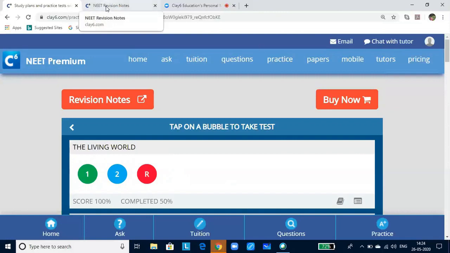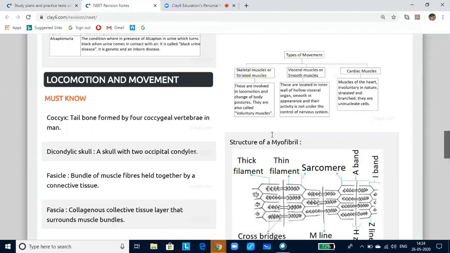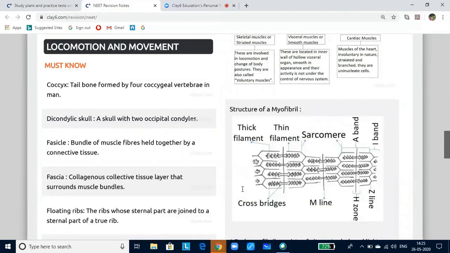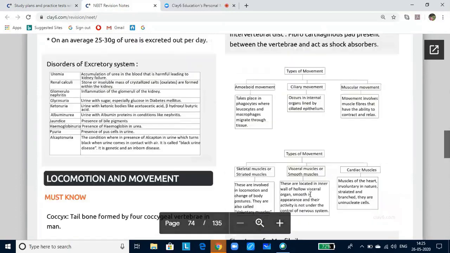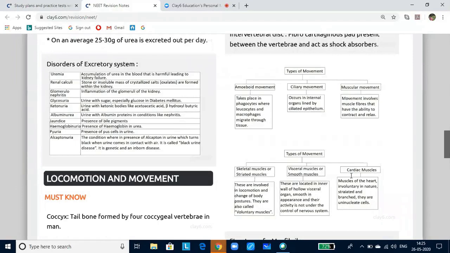Hence, I would always suggest having this, as it would be the best study tool for you, and it would help you to prepare for your exams adequately. Now, this PDF is made up of 35 pages, comprising 11th and 12th physics, chemistry and biology. We have put all the essential features that are required for your NEET examination in a nutshell, so that it becomes very easy for you to understand the concepts and revise the concepts. Now let us begin the lesson, locomotion and movement.